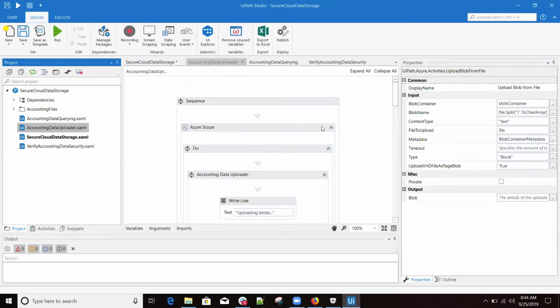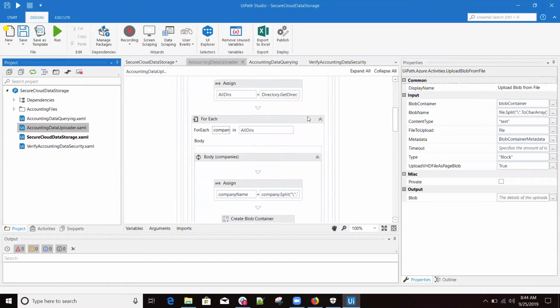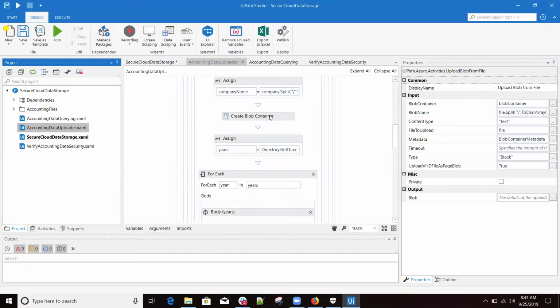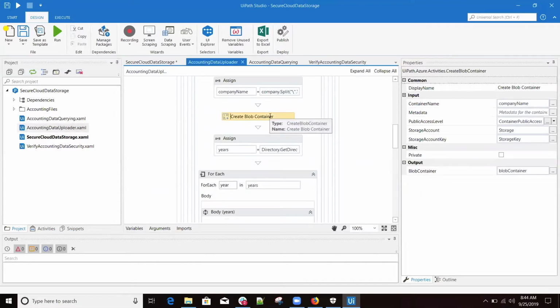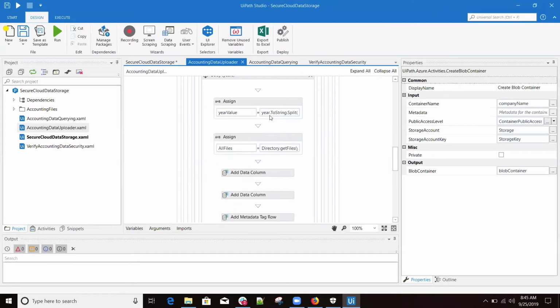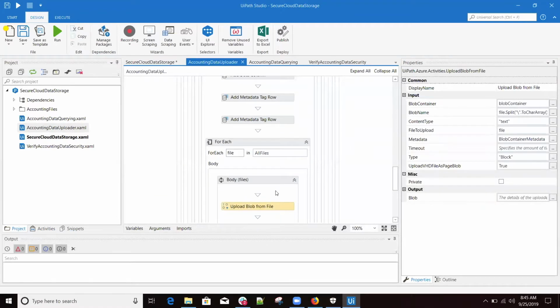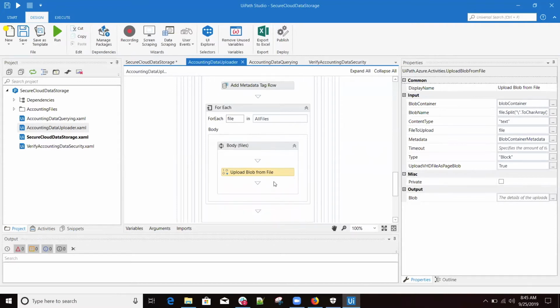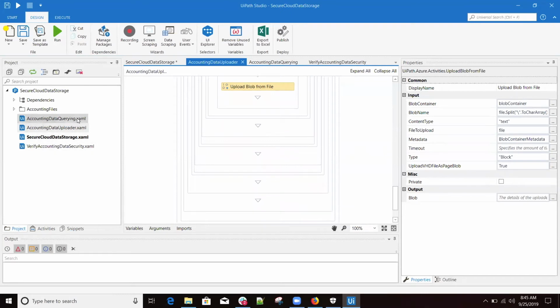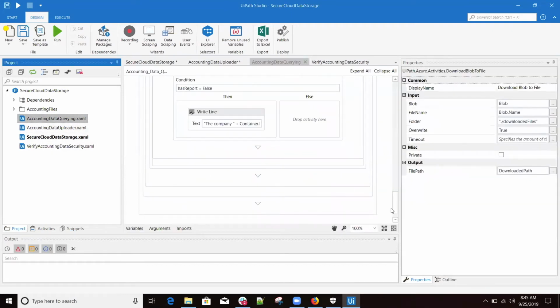is uploading the files as blobs into the cloud. So for this, we are creating a blob container for each company, and then we are uploading the files as block blobs into that container. And we also add some metadata to the blob. The second workflow,